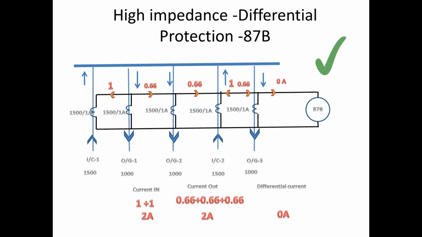But actually still some component is missing, that is resistor. We should add a parallel and series resistor. The parallel resistor is a non-linear resistor and series resistor should be a variable resistor. Why we use this resistor over here? We see that later. The high impedance differential circuit will be like this one only.